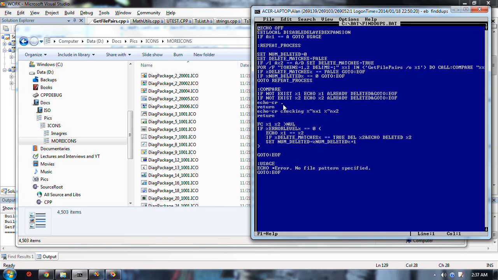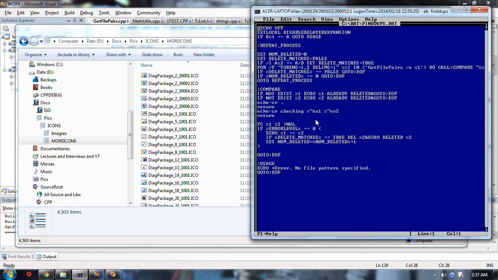Now, at first, what I was doing was I would delete the left-hand one. If they were the same, I was deleting %1, right? Because I know that as far as the iteration goes,